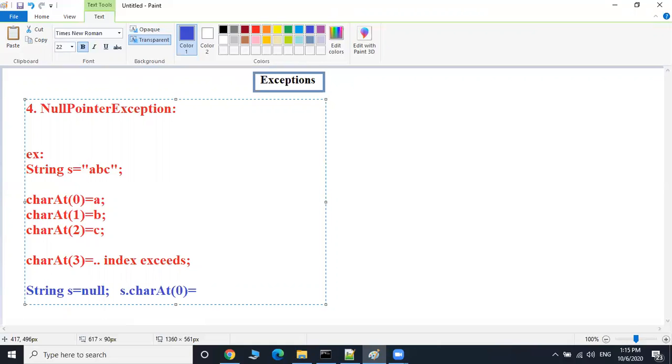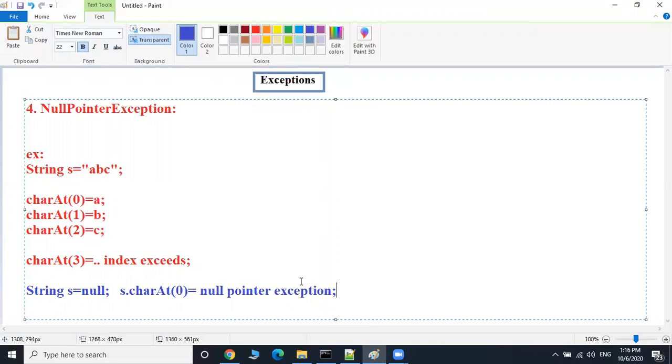But I am trying to access the character at location 0 here, s dot charAt of 0. This will raise an exception called null pointer exception. This is raised whenever we are trying to access a value which is not there at all.